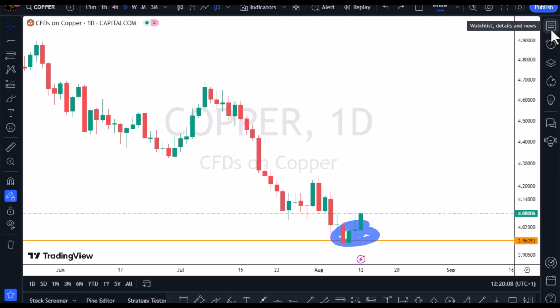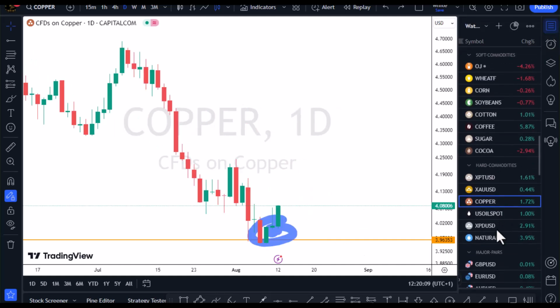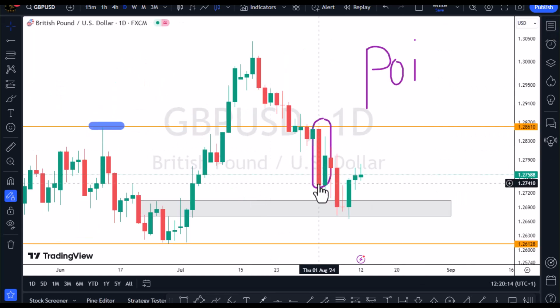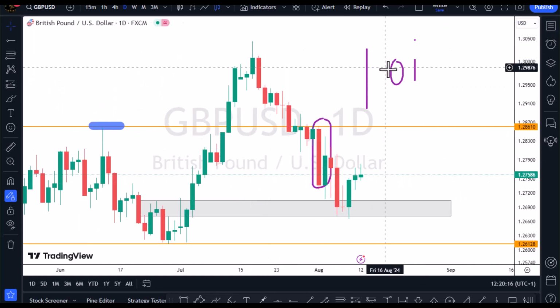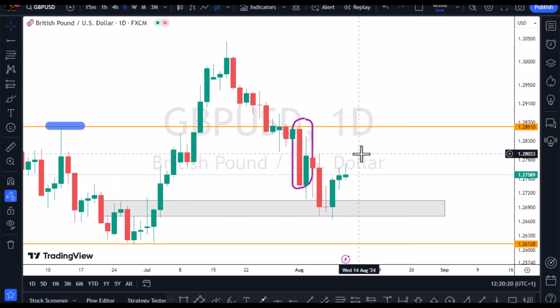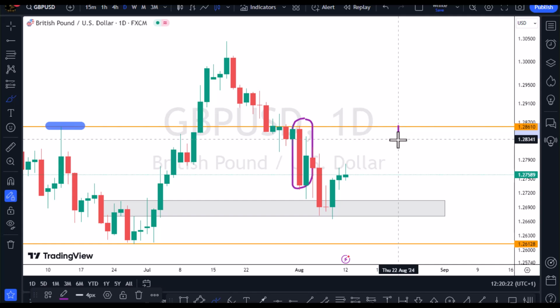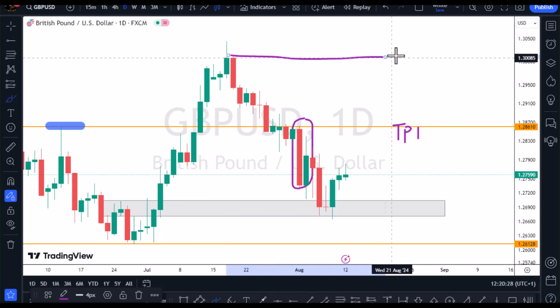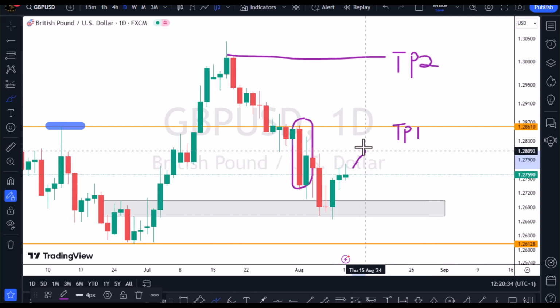All right, let me just go back to the British pound sterling pair against the USD so that you guys can see what I'm talking about. So I wipe out this right here, and then all this. So if I'm setting my TP1 right here, I can decide to set my TP2 at this level. That is, if I can see when the price keeps on getting to this level, there is a strong bullish